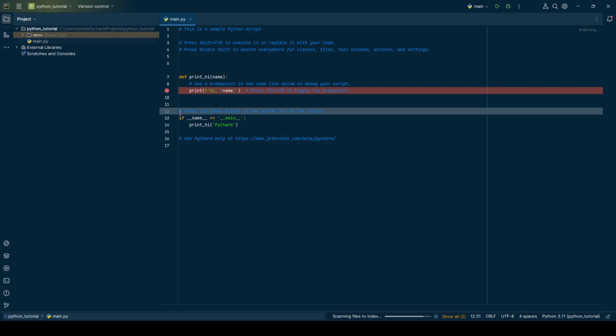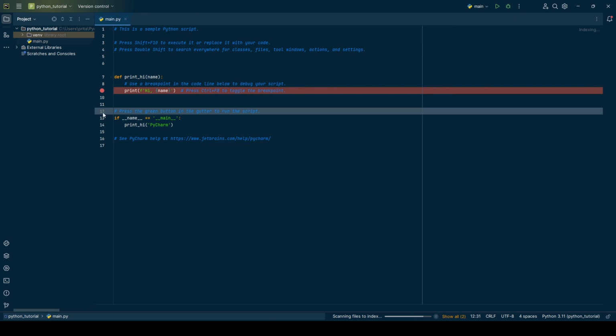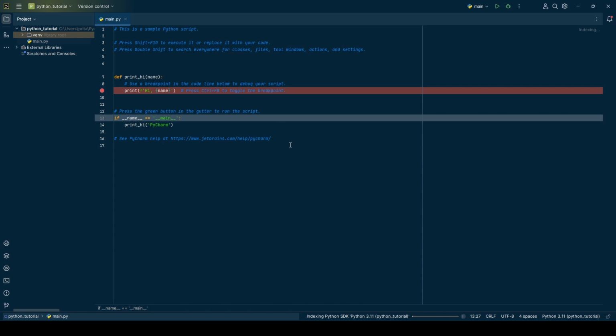Now you can see that if I press the Control button and scroll the mouse up and down, it is static, not changing. So I have to change that. Also I want to change the shortcut key for Shift F10.